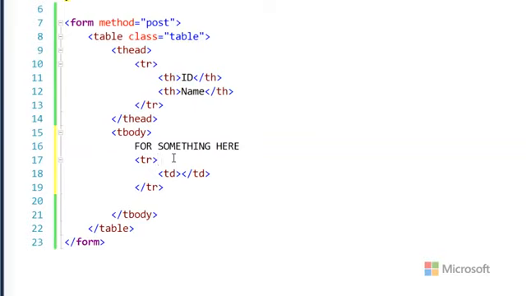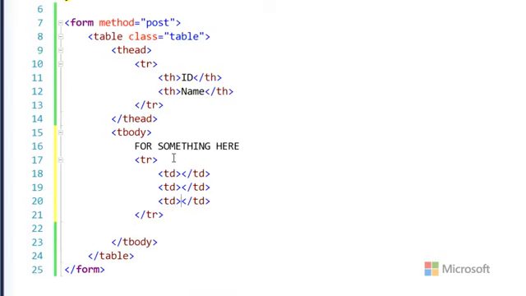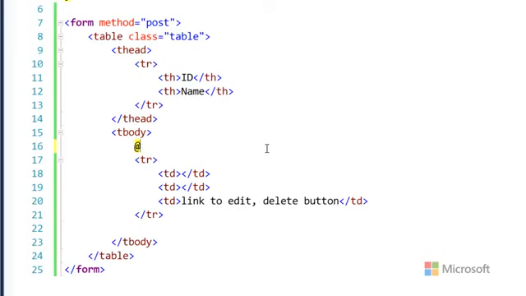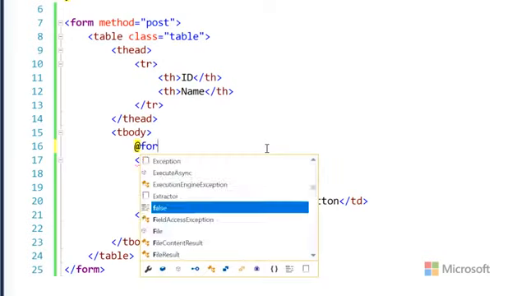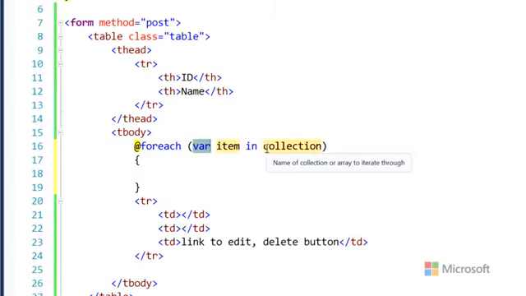Then a couple of table cells, and then maybe a link to edit and a delete button. You see how I'm kind of sketching it out. It's a little pseudocode here. So now I'm going to say foreach, and this is a snippet. Tab,